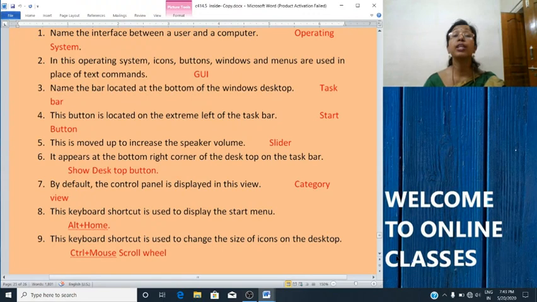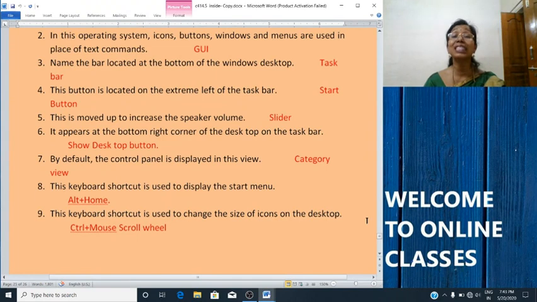GUI, graphical user interface. Now the third question: name the bar located at the bottom of the Windows desktop. The answer is taskbar.